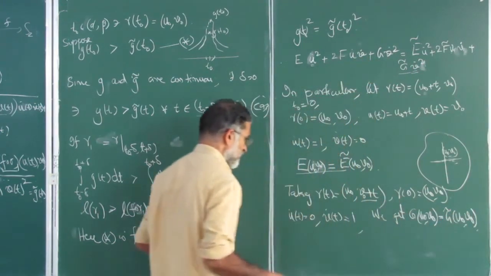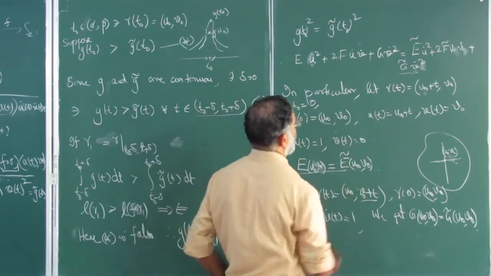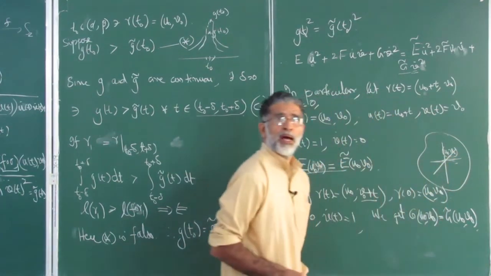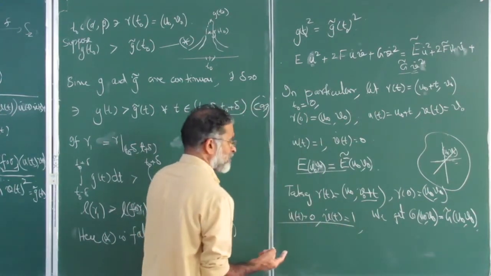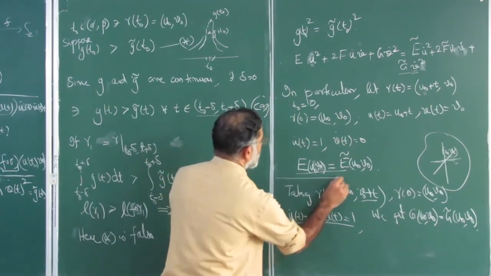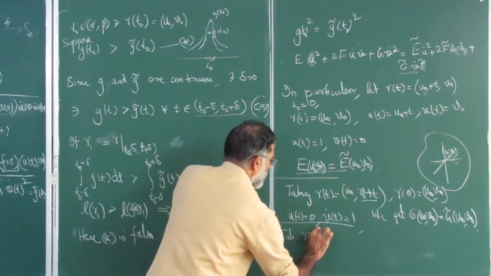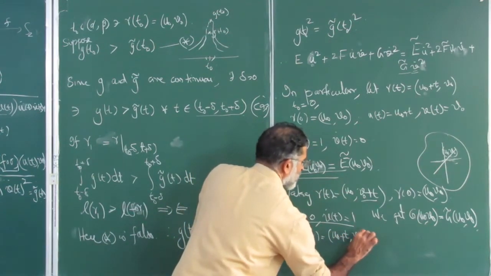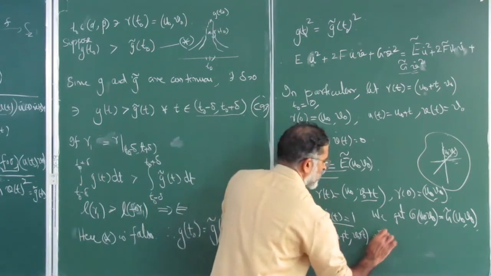So that is done. Now after having done this, we need the third one. The third one, what we do is we take this line. I use the same γ notation, but they are all different curves. Taking γ(t) equal to (u0 + t, v0 + t), again γ(0) is (u0, v0).